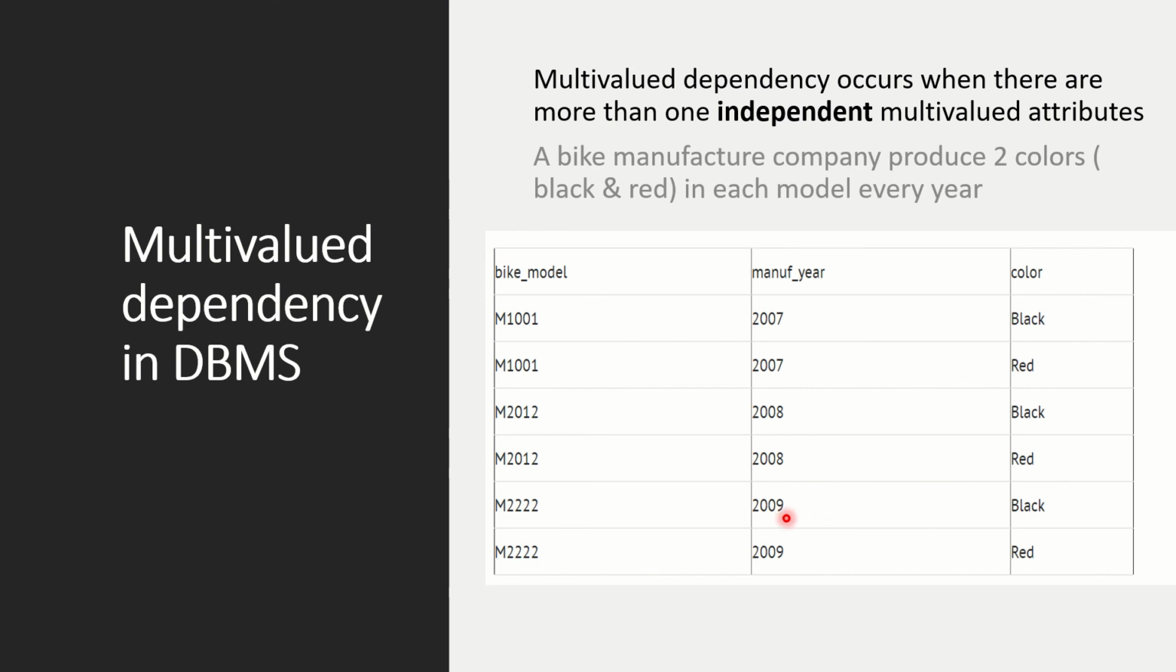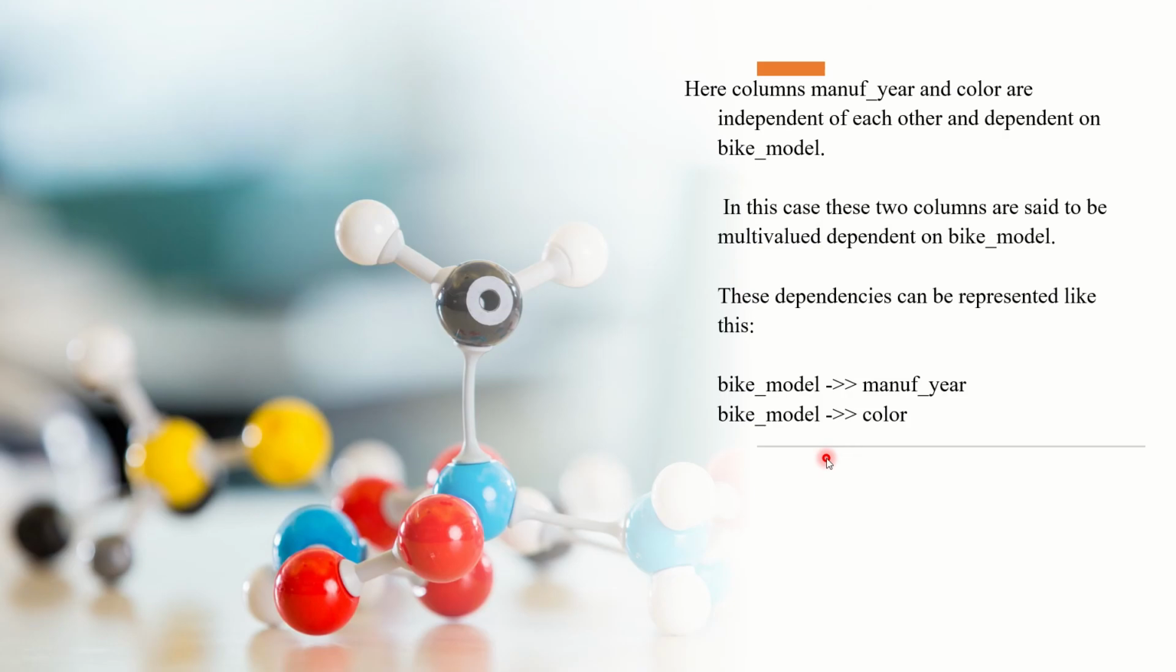And in the next year, that is in 2009 also, the manufacturer is making two colors of bike, black and red. That is the example we are taking in order to explain the concept of multi-value dependency. So in this case, if you try to analyze the attributes,